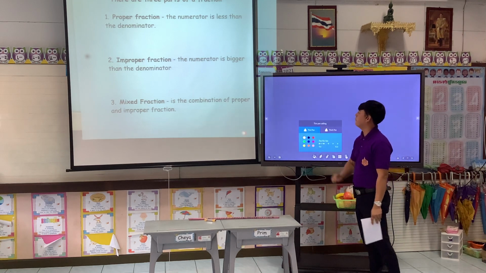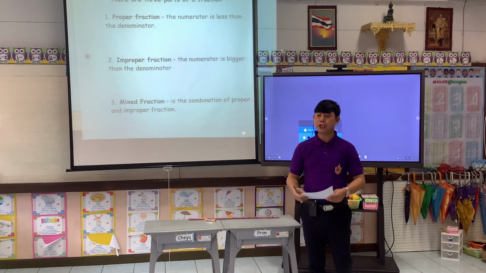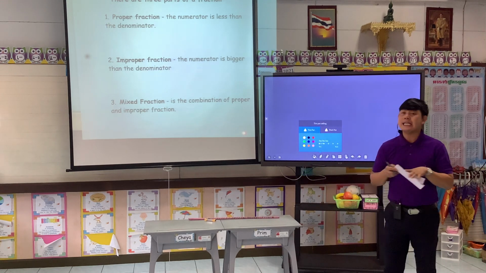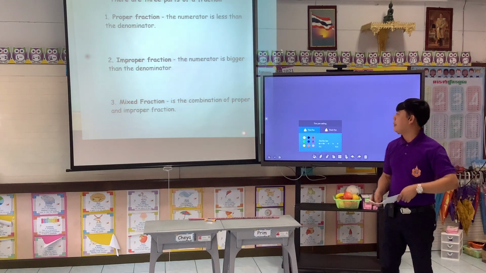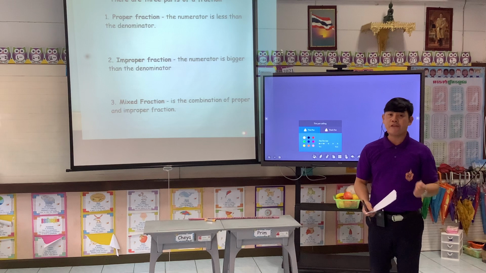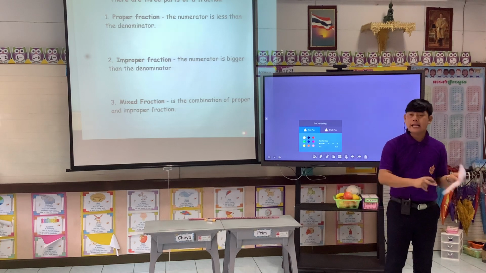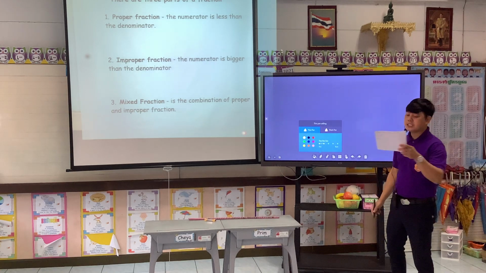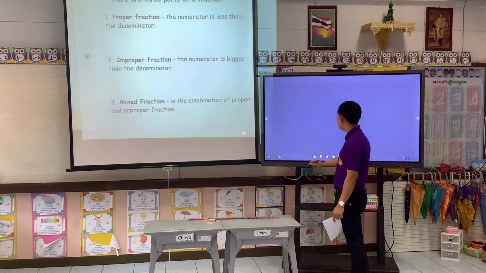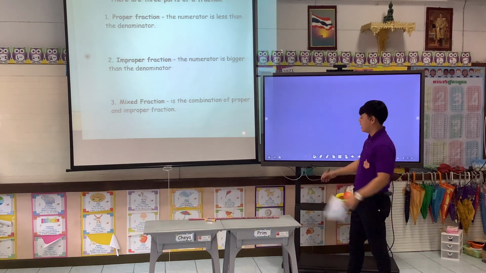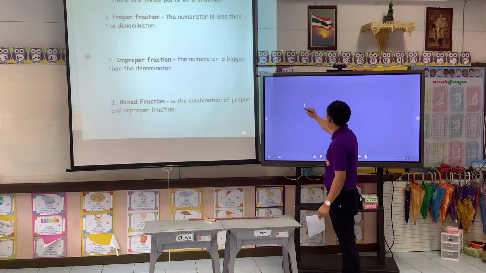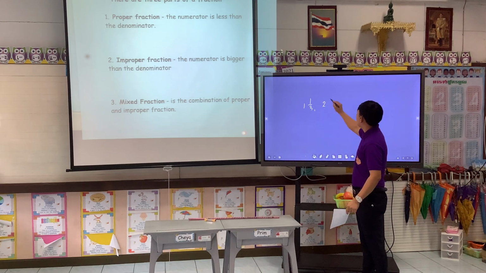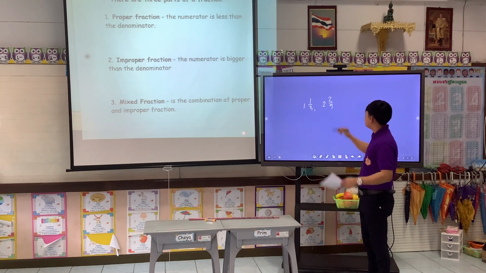What do you think? The mixed fraction. What is a mixed fraction? A mixed fraction is the combination of a whole number and a proper fraction. I have some examples here of the mixed fraction. An example is 1 and 1/3. What else? 2 and 2/9. 3 and